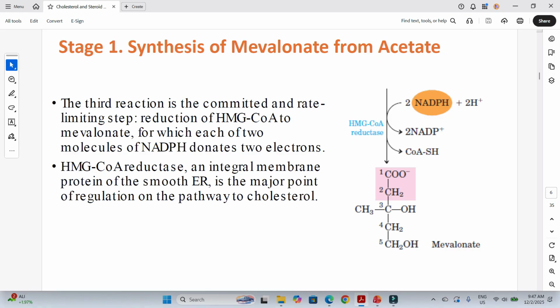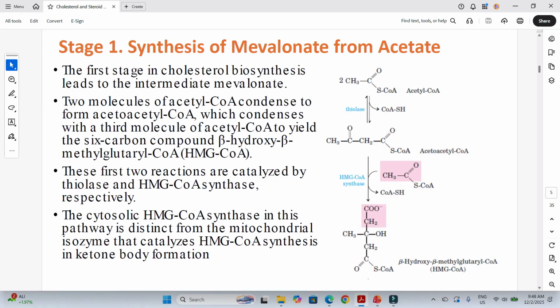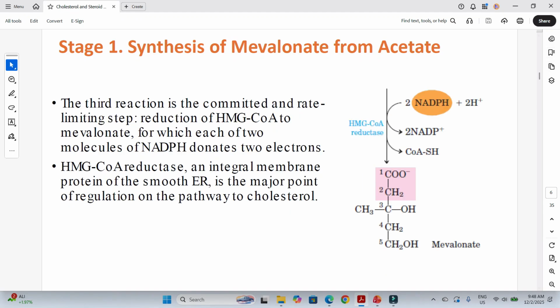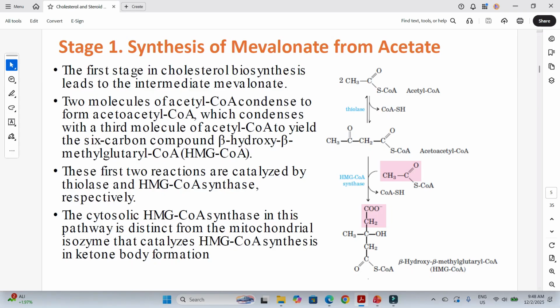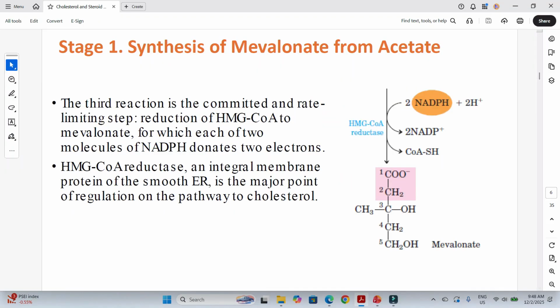Well, the enzyme hydroxymethylglutaryl CoA reductase comes into the picture, and as you're going to notice, the enzyme utilizes 2 molecules of nicotinamide adenine dinucleotide phosphate, NADPH. So what do you think happened in that case? This coenzyme A has actually been removed or displaced, and this group is reduced. The C double bond O here has been converted into CH2OH, and the coenzyme A has been released. That's why you end up with mevalonate.